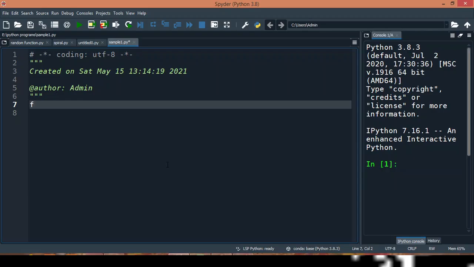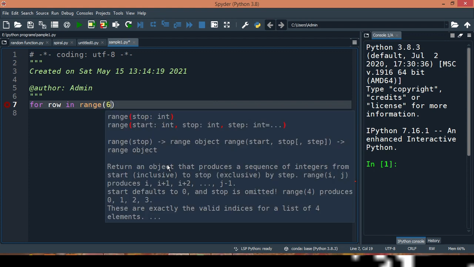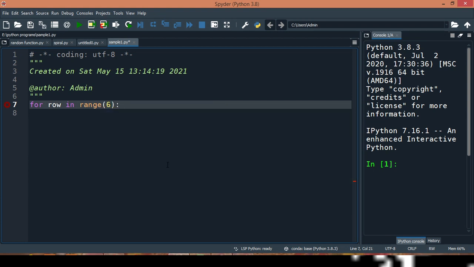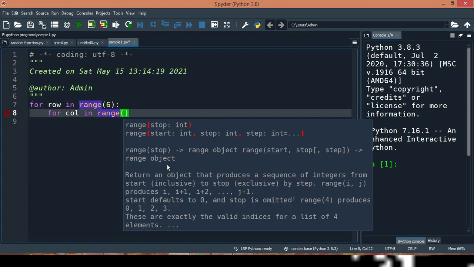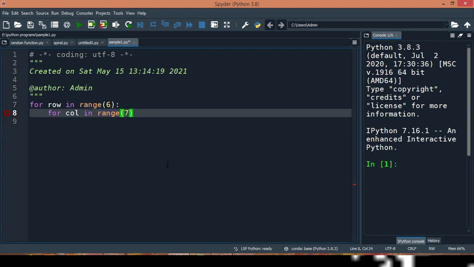So I'll take row as a variable in range 6. If I am taking 6, that means 6 will never be printed, and for col in range, we are taking 7. We have already seen that 6 is the last index of the column.